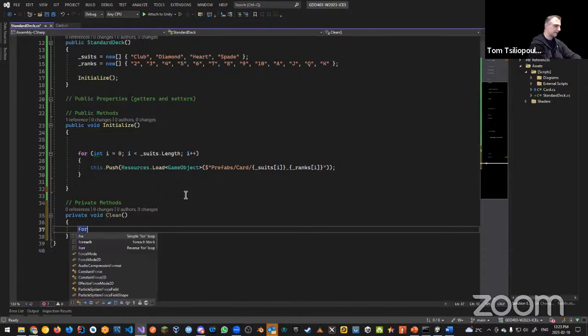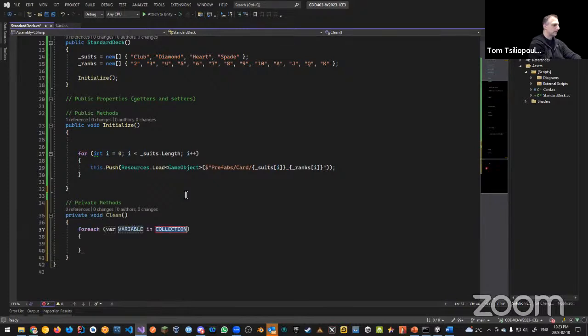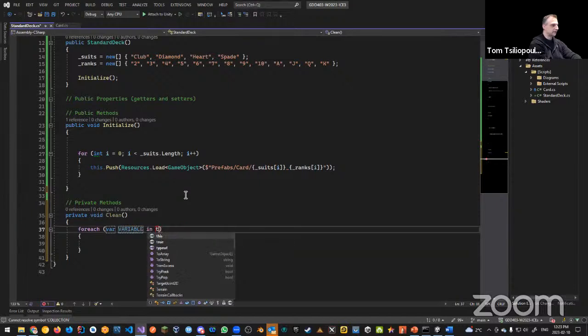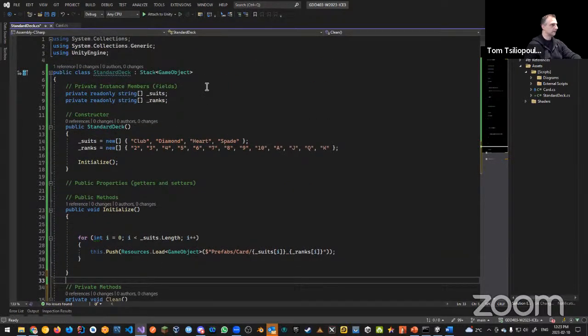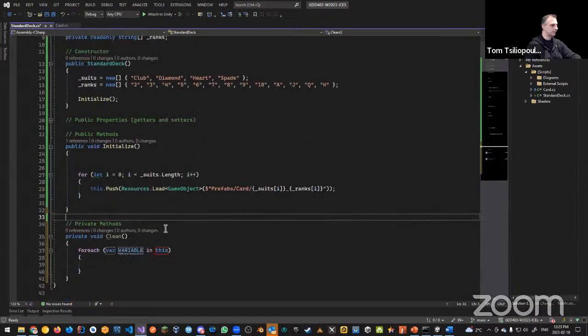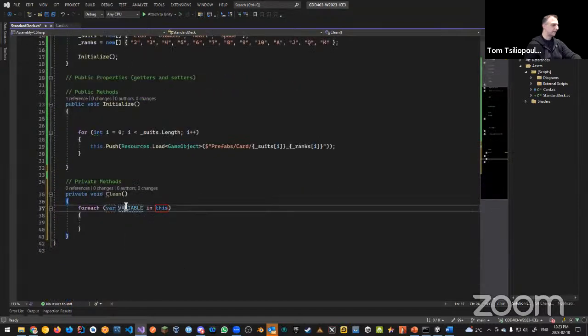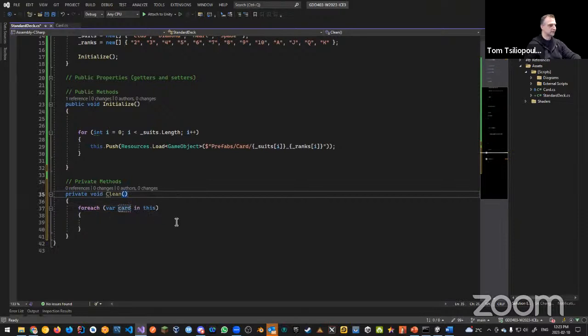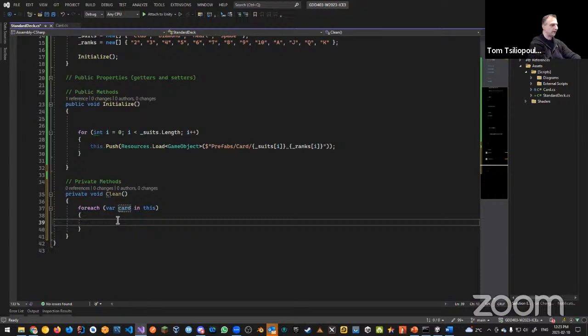So I'm going to say something like for each, right? And I want to do for each object in this, because this itself is a stack of type game objects. Then I want to say for every card in the stack, I want to do two things. I want to pop the card off, but if I pop, right, then what happens is as soon